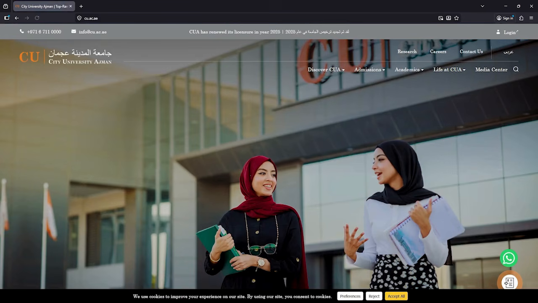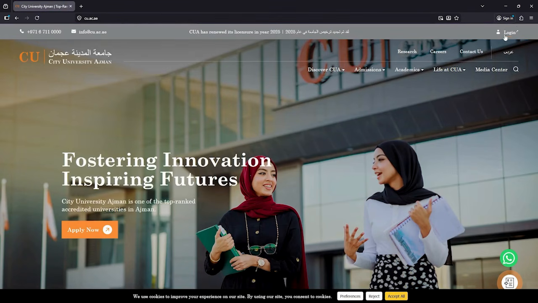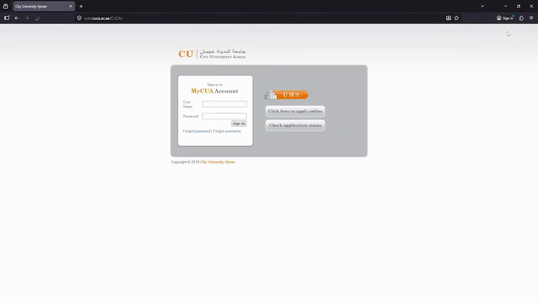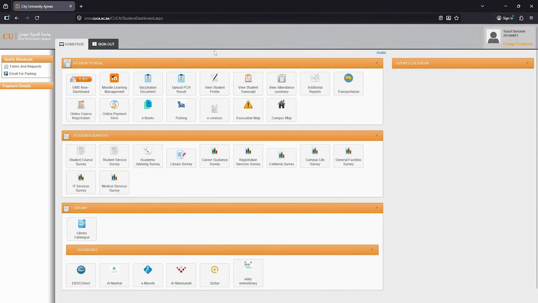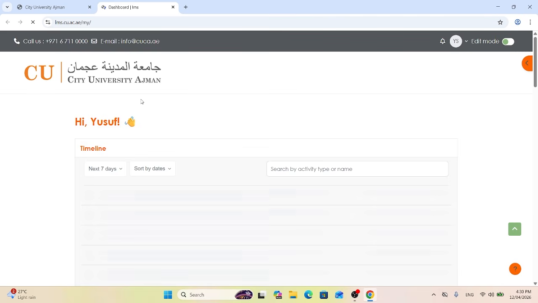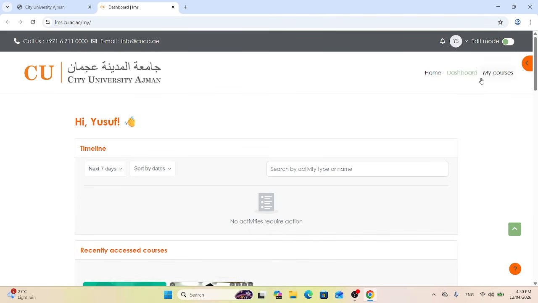Please go to the CUA website to access your student portal by clicking on the login icon. Kindly enter your username and password by filling in your login credentials and click on the Sign In button. Here you will be directed to your UMS portal, where you will find the Moodle Learning Management icon. Kindly click on that icon and you will be directed to your dashboard that gives you an overview of